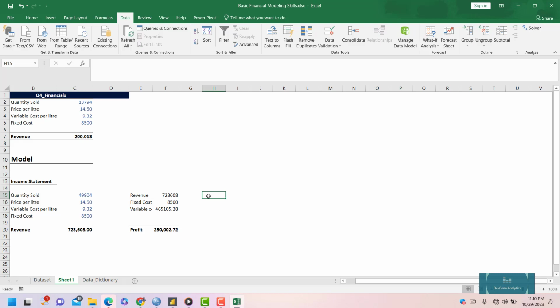what price do we need to set and what quantity do we need to sell for us to be able to hit the same profit? Okay, or let's say to hit a profit of 300,000. And in this case, management wants us to make sure that our price per liter doesn't go beyond 13.99. Okay, mind you, the current price is